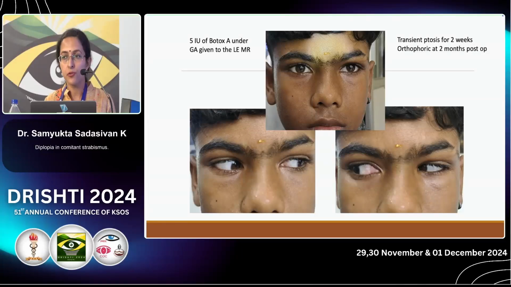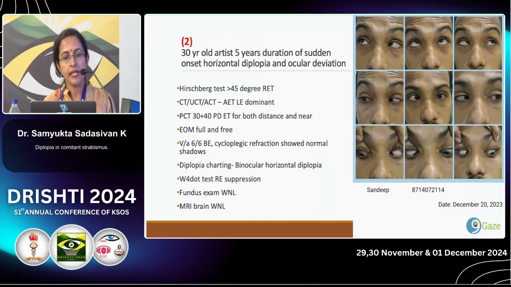He developed a ptosis in the immediate postoperative period, but it was transient and resolved on its own. However, at 2 months post-op, he was orthophoric. So this is a second patient, a 30-year-old artist who gave a history of 5 years of sudden onset ocular